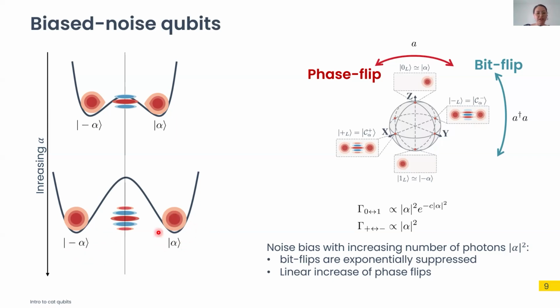And so because they are farther in phase space, the overlap between these two states is getting smaller and smaller. And so the probability of having the state flip from minus alpha to plus alpha, the opposite, so from logical 0 to logical 1, gets smaller. And because it's a Gaussian distribution, it's exponentially smaller, which means that the rate of bit flips from 0 to 1 and 1 to 0 gets exponentially suppressed with the number of photons that we put in the cavity, which